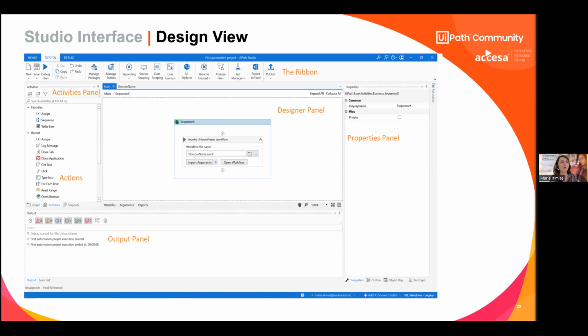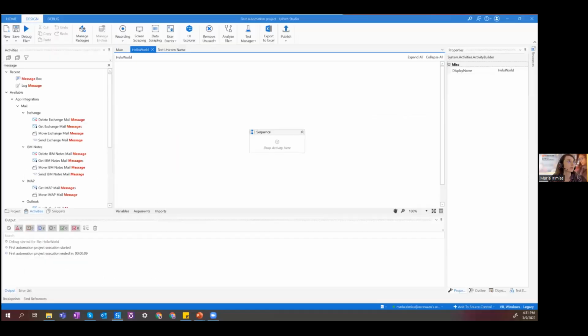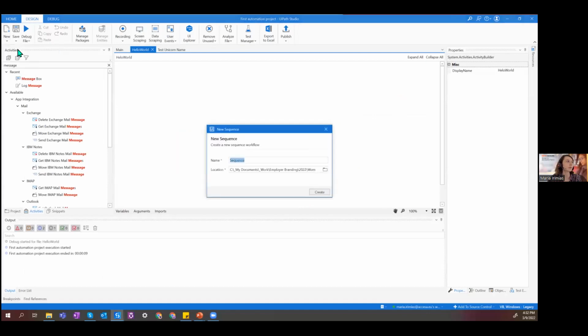I hope that until now you managed to do the automation, and now I want to switch directly into UiPath and show you a first hello world. Let me switch my screen to a hello world. Basically, I prepared already a project for this one. From here, you can add a new sequence.